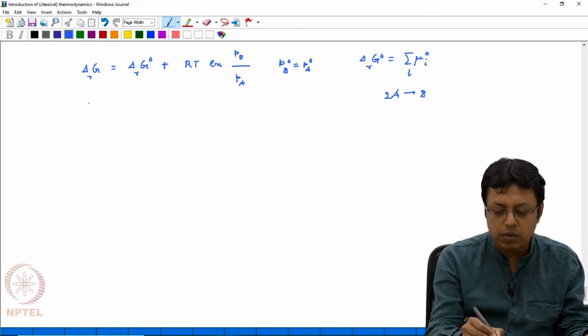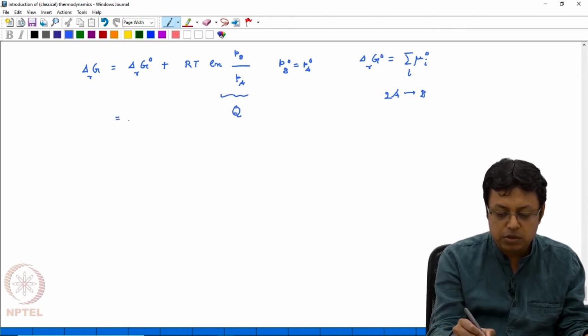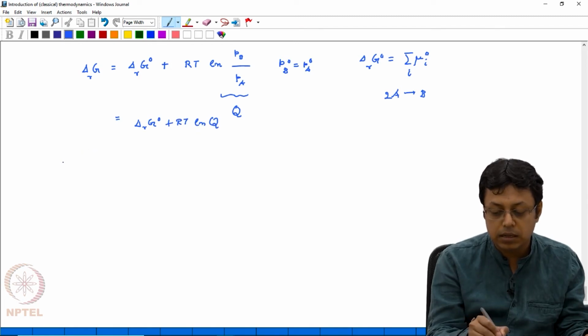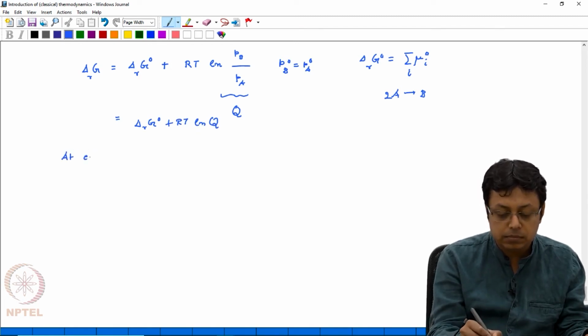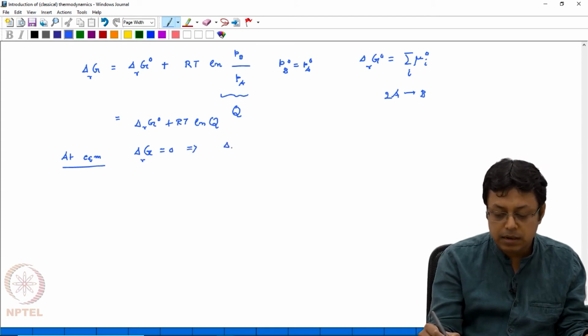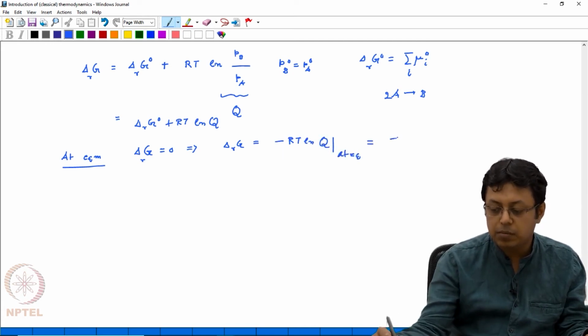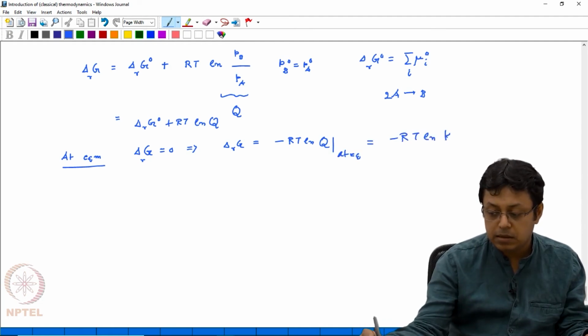So overall, what we can write for this reaction is, if we have this quantity, which we define as the reaction quotient, we write it as delta R G naught plus RT ln Q. And we also define that when at equilibrium, there is no forward reaction or backward reaction, so the reaction Gibbs free energy is 0, which gives basically delta R G naught is minus RT ln Q at equilibrium,